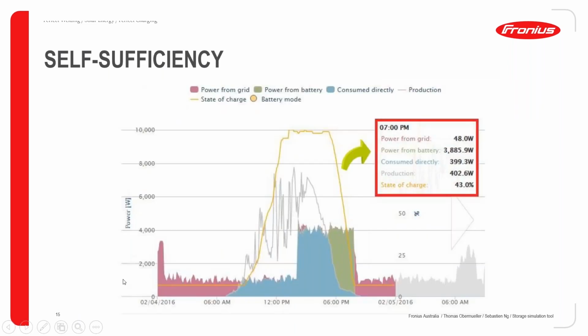Then you have self-sufficiency. So self-sufficiency rate is basically how independent you are from the grid. So here is an example. During the day with the excess of power, we charge the battery. And then from there, let's say in the afternoon, everyone comes back home and you have high loads, that's where people start to use quite a lot of power, and that's where the battery starts to discharge over here. And basically, instead of taking power from the grid, that's where you get the power from